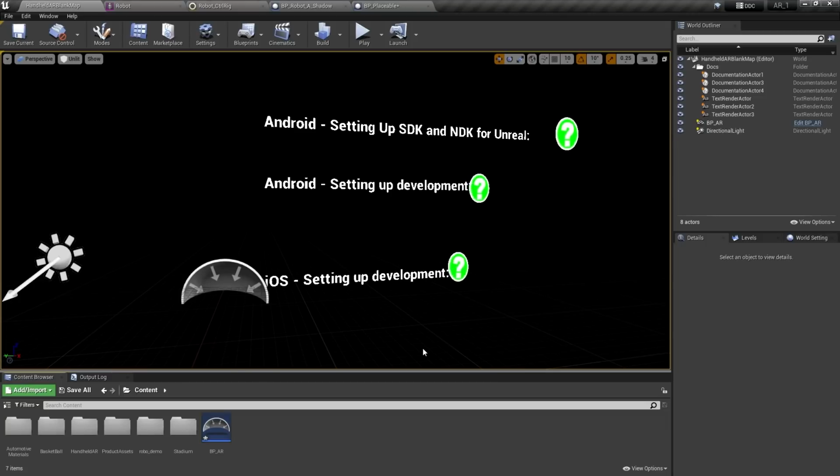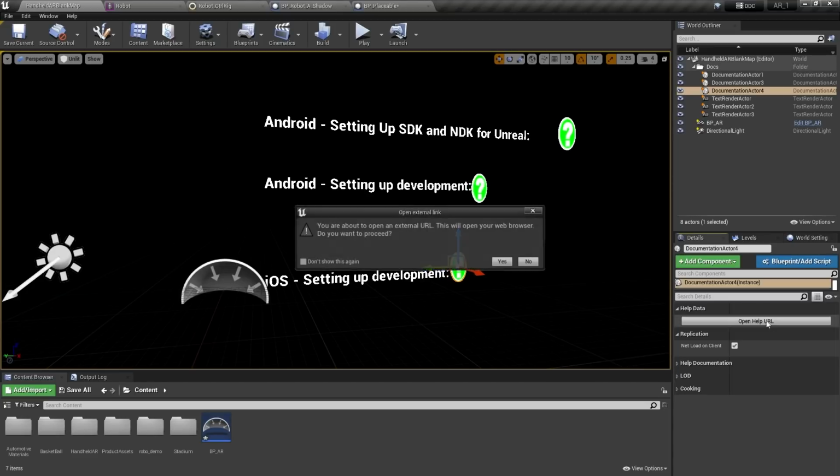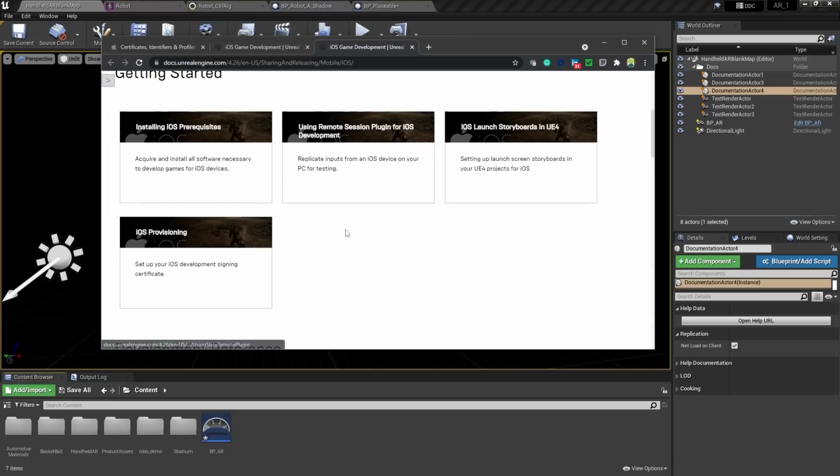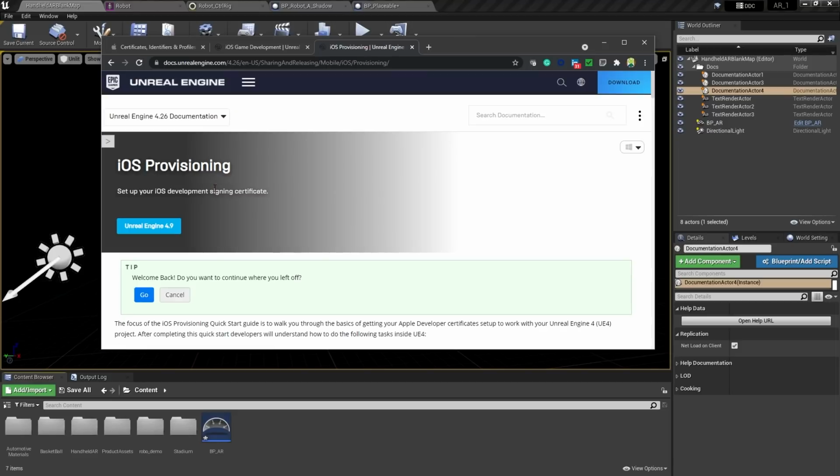It's all outlined in the docs, and I'm not going to go through item by item because we just don't have time for that. That could be a whole webinar in itself. But if you click on the help and you bring up the docs, it's going to give you a pretty good overview. Actually, it's going to tell you everything you need to know about this. Now, there are a few things when it comes to provisioning that I just want to draw your attention to.